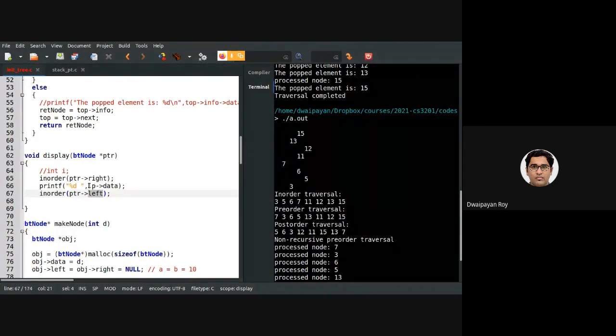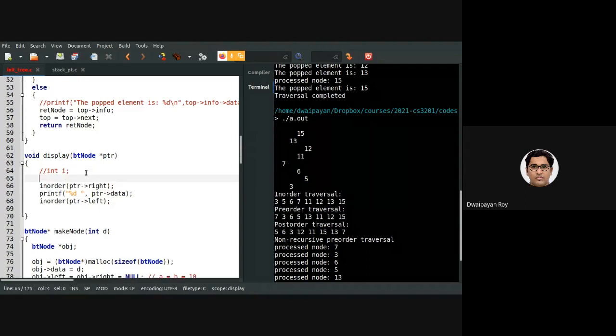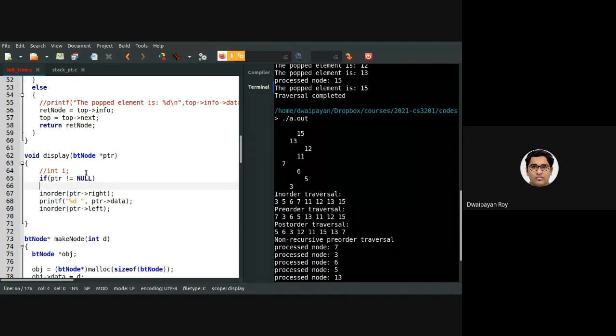Then we are traversing the data part of the PTR, extremely sorry. And then we are traversing the left subtree. And there is one condition: only if PTR is not equal to null will we do this.